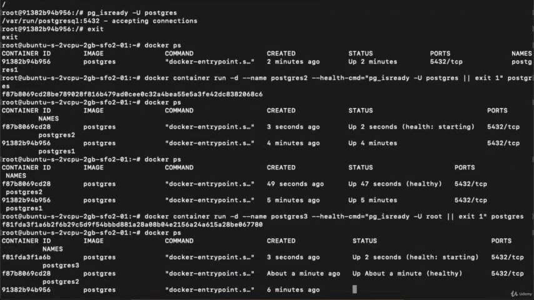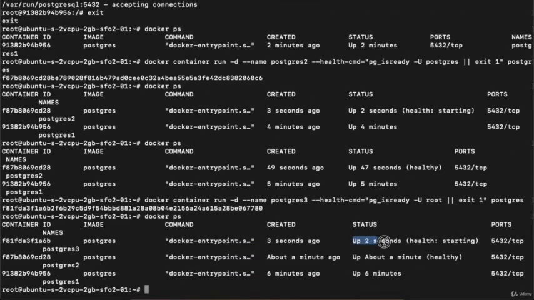Now put docker ps. So you can see it is showing the health check is starting. The second container is already in the healthy state, and on the first one we didn't put any health check. So we have to wait for the 30 seconds, because the default interval is 30 seconds and we have not set any interval, right? Now clear out the console.